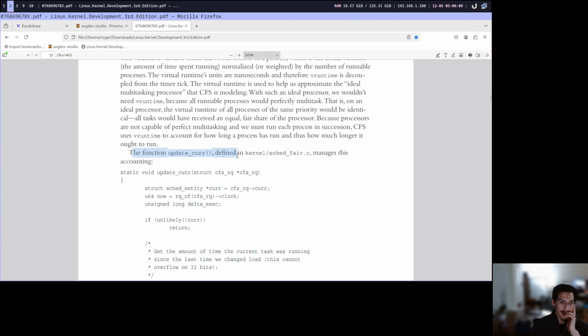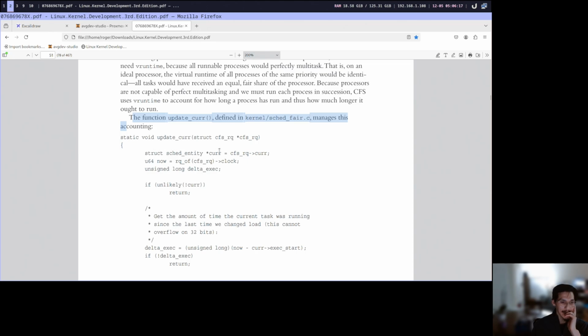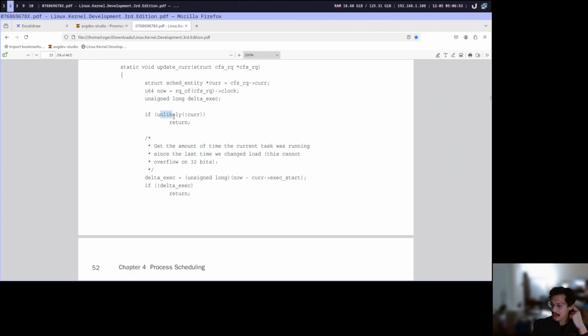So the function update curr defined in sched fair.c manages accounting. Ooh, interesting. So struct schedule entity, the curr. So this is the current schedule entity. Completely fair schedule run queue, I'm assuming. Current running process, or the current schedule entity. Now, so the clock. What is this? The run queue of CFS. Okay, sure. I'm guessing run queue takes a dynamic run queue of some other scheduler. So get that current clock. Okay, and remember, unlikely means there's an optimization saying that most likely this is not going to happen often. So anyway, get the amount of time the current task is running since the last time we changed the load. Okay, so now versus when we started,